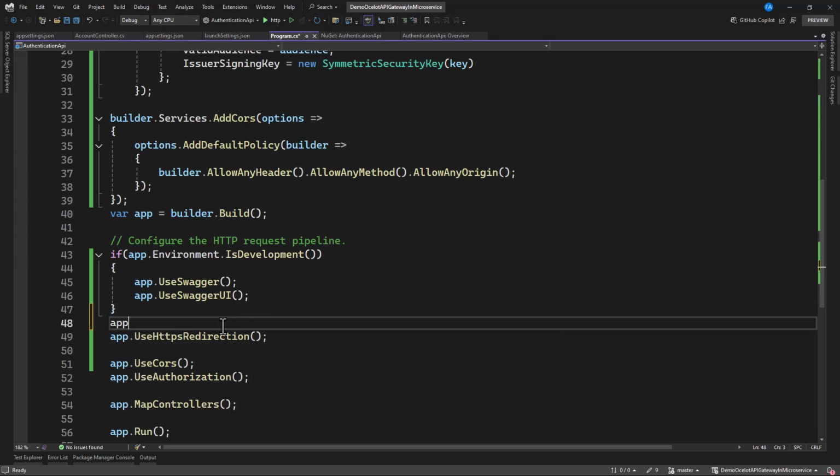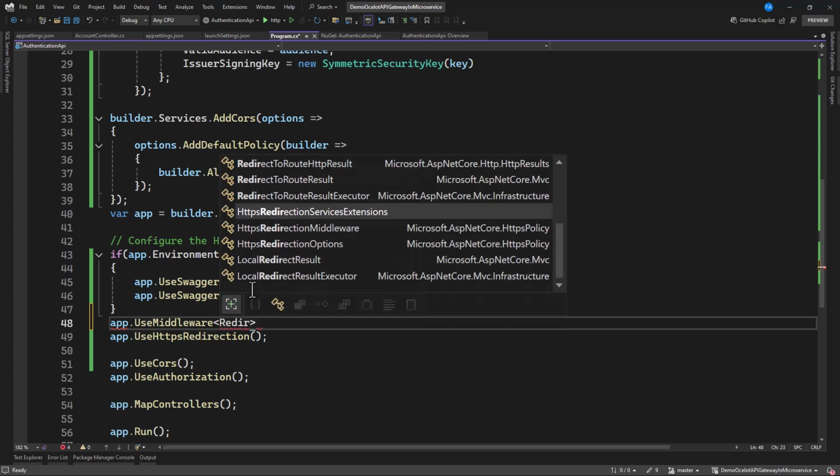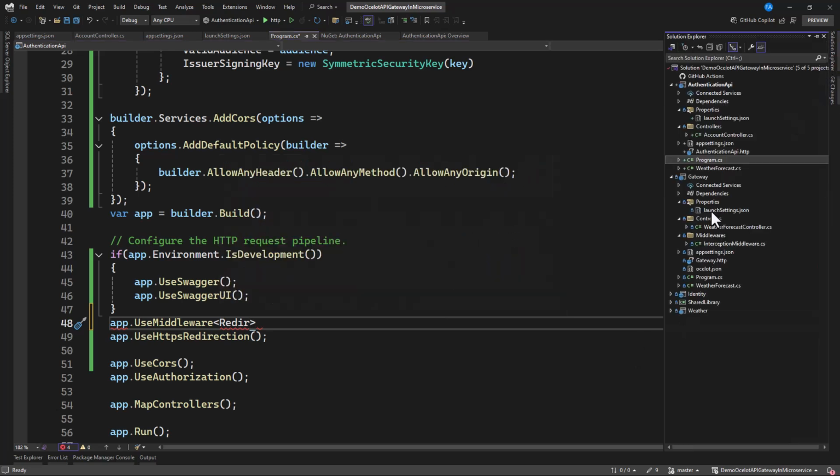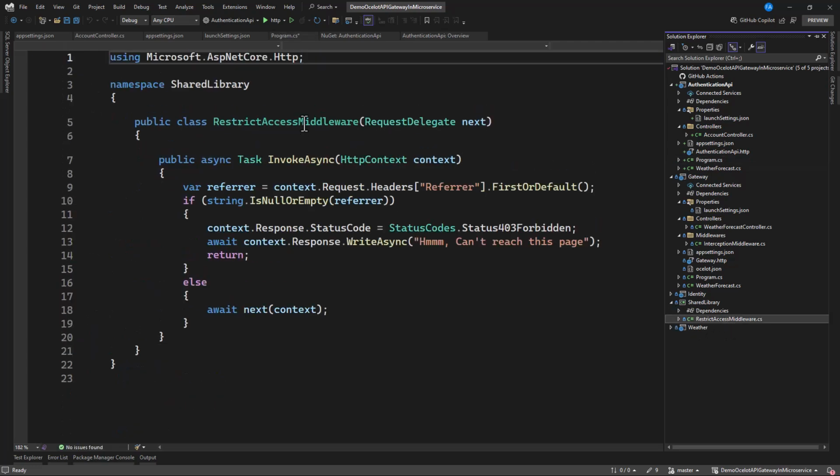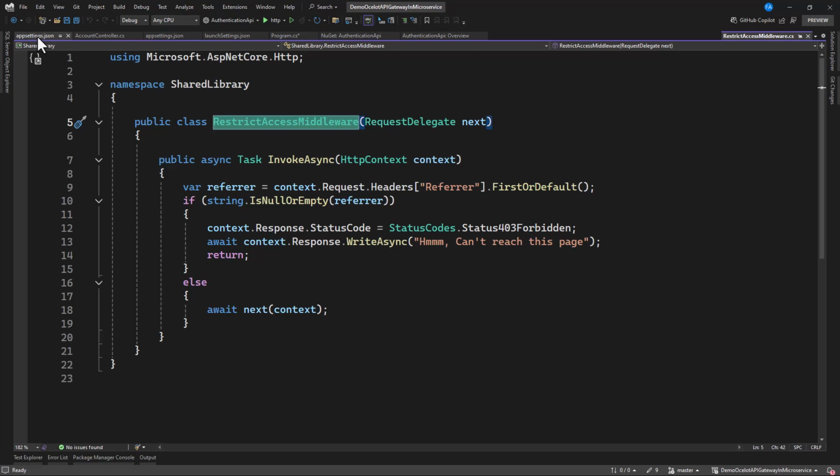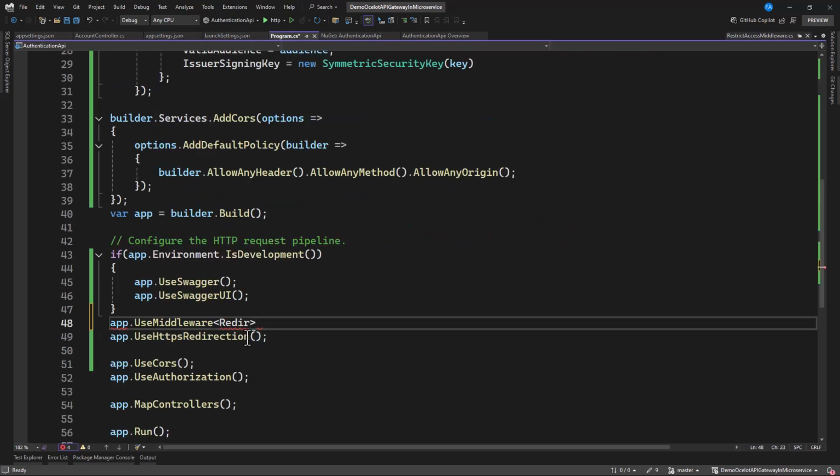So we say app.UseMiddleware, and now this middleware, it is known as, is it redirection? Wow. So let's go to our shared library, and that is a RestrictAccess middleware. So in there, we're going to paste it in here.